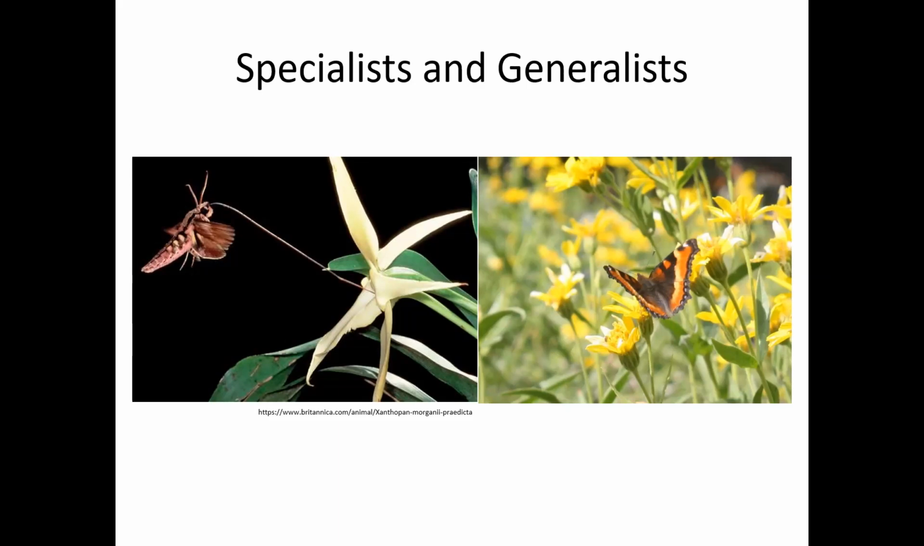So it's a very specialized relationship. And the hawk moth is called Morgan's hawk moth. And it's got one of the longest tongues of any insect in the world. And then flowers that are visited by generalist pollinators tend to have a much more accessible shape to them. So this is a picture I took in Yellowstone National Park. It's of a Milbert's tortoiseshell on a yellow